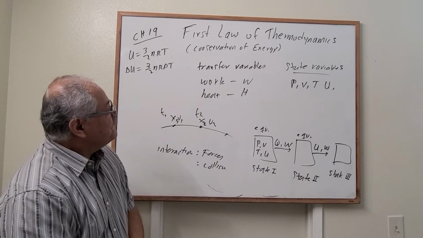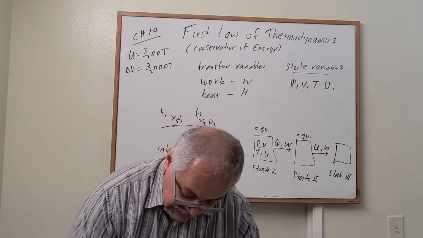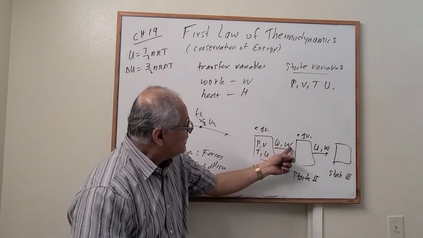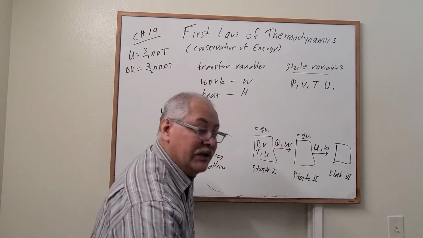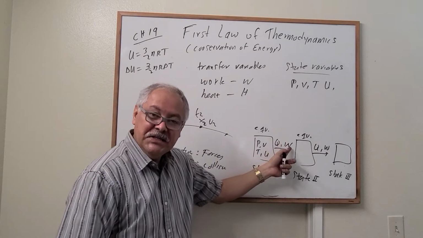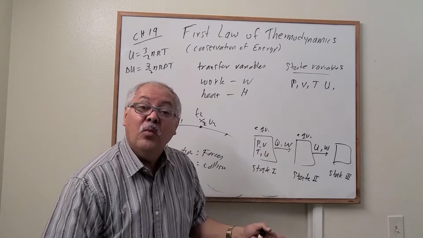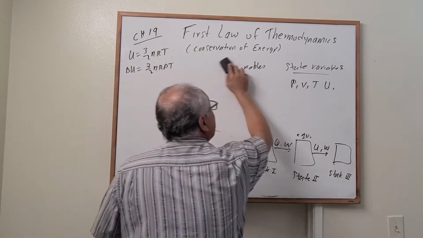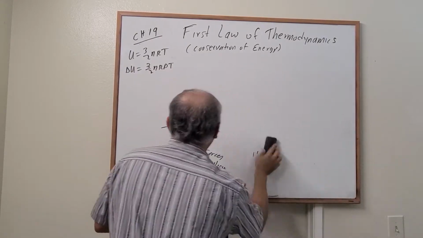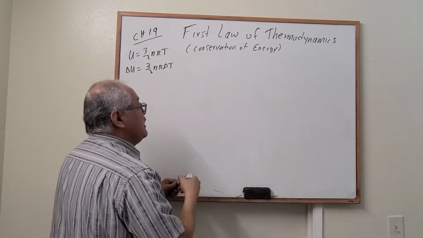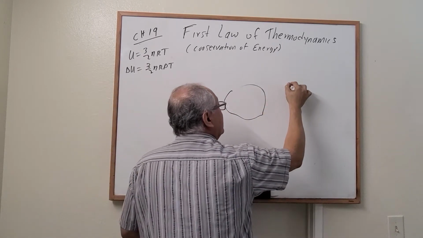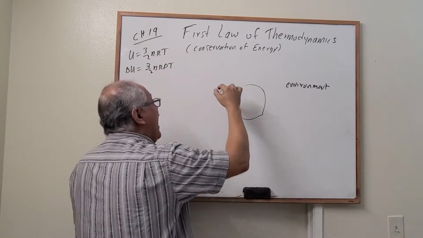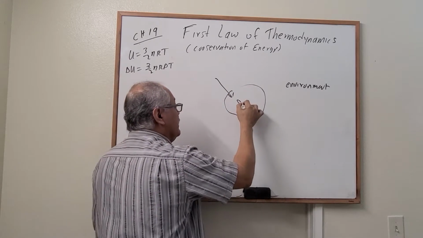Now, taking this into account, let's go to a sign convention for these transfer variables. Okay, let's do it this way. Some books change, right? Especially the convention for work. But in this book, this convention is used. Imagine that we have a system, right? This is the system. This is the environment or the surroundings. Okay, if we add heat to the system,